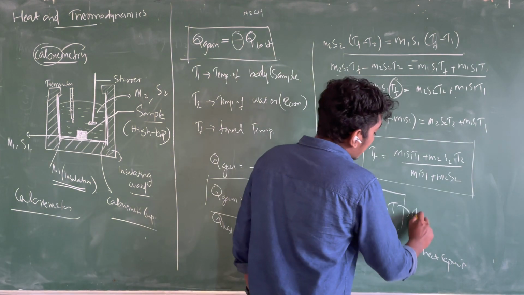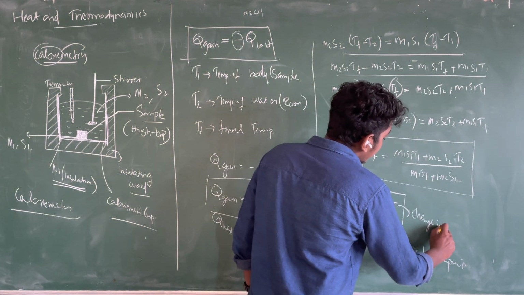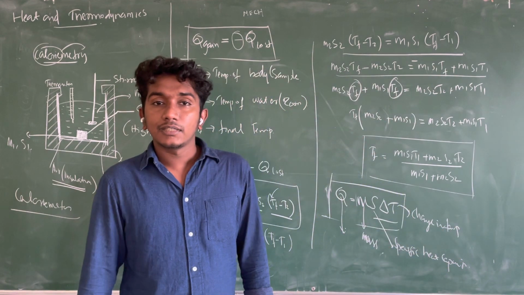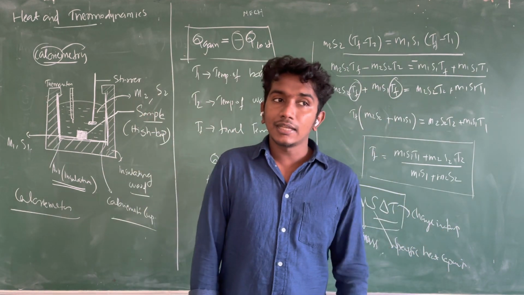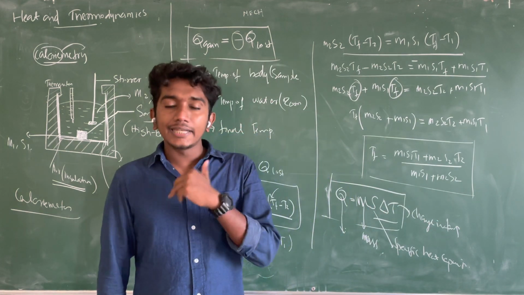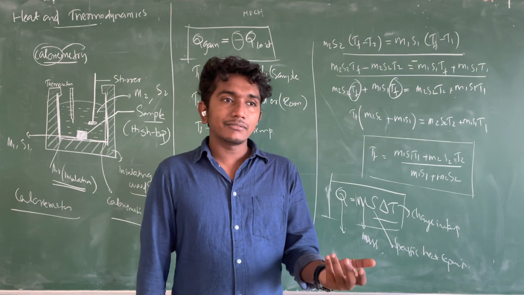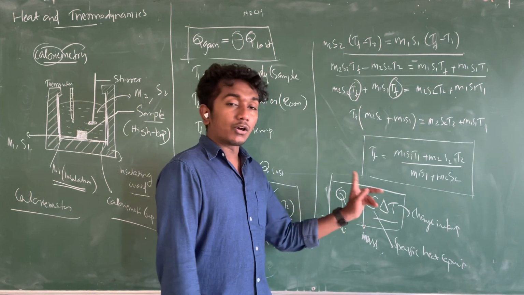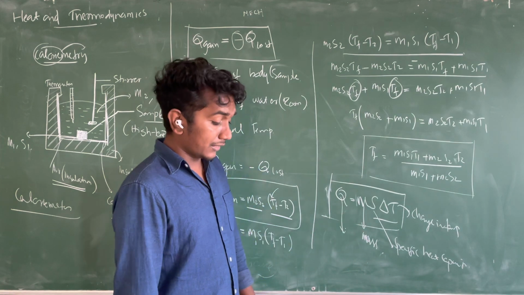It is the change in temperature. If delta T is positive, that is final minus initial, it is gain. If delta T is negative, it is lost. Okay, that is it: Q = m s delta T. Always keep this in your mind. This is actually a topic